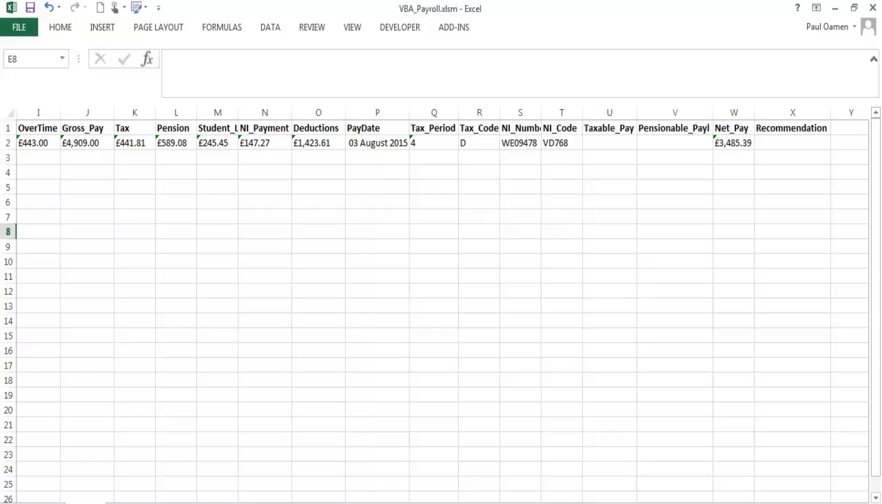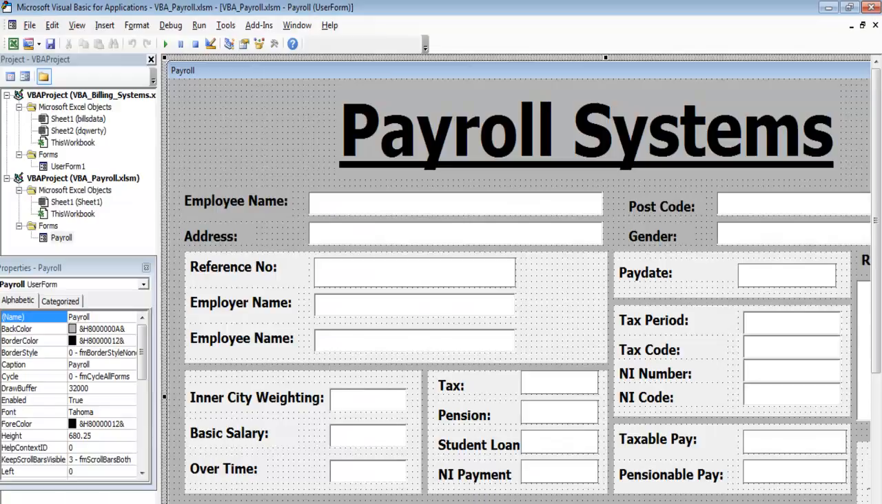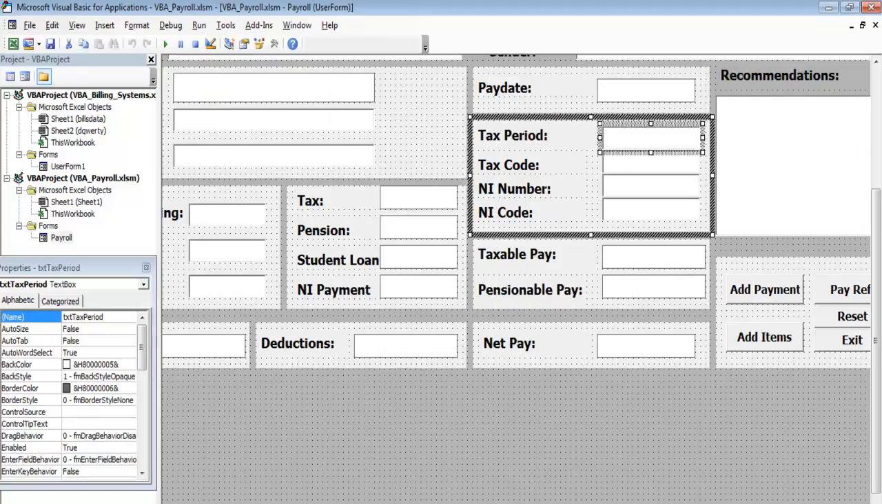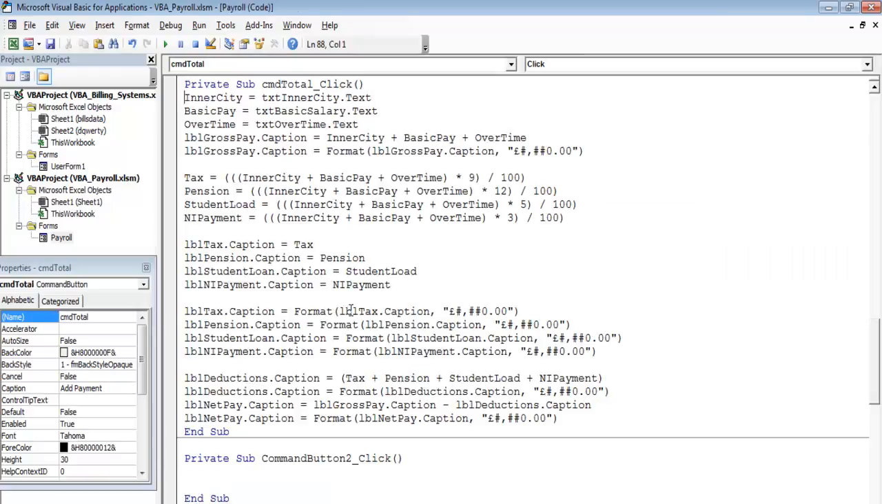Recommendation, I've not entered any information there. So let's go back into the whole system now and just get that sorted. If we come in here, all we need is the period multiplied by whatever tax they've paid. Okay, just copy that, and the pension. Right, so double click on add, and right underneath here we need,